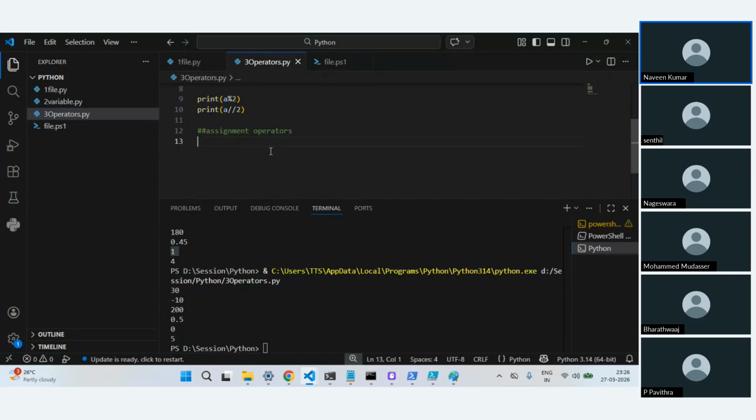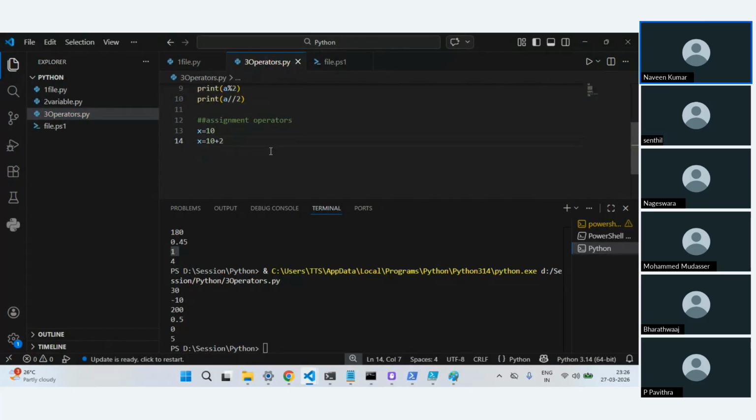So we have seen how to assign a value to a variable. Now what I can do is, let's say I want this value to be incremented by 2, or I want to add something extra, right? I can do something like this. I can update the x value to 12.